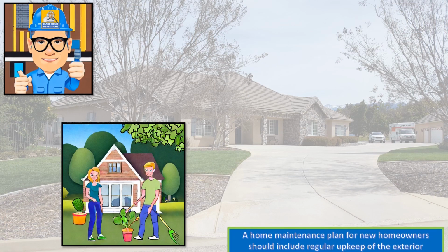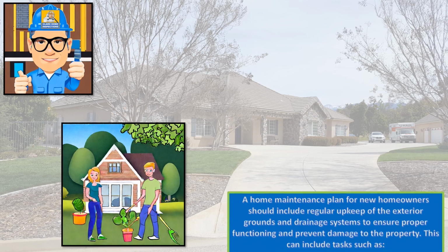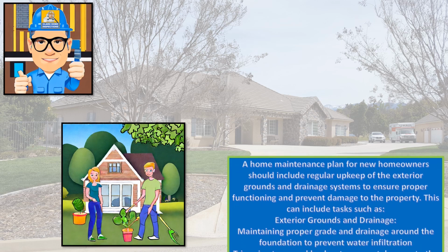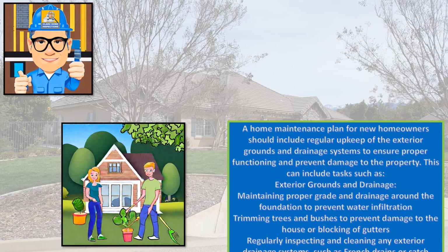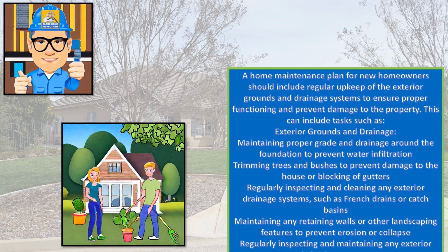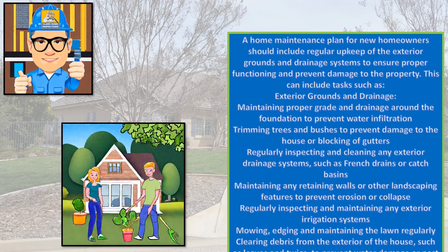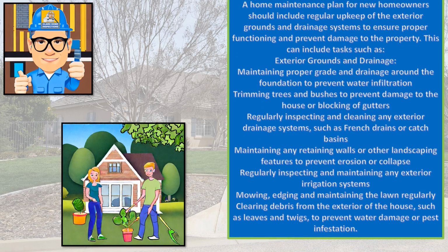A home maintenance plan for new homeowners should include regular upkeep of the exterior grounds and drainage systems to ensure proper functioning and prevent damage to the property. This can include tasks such as exterior grounds and drainage: maintaining proper grade and drainage around the foundation to prevent water infiltration, trimming trees and bushes to prevent damage to the house or blocking of gutters,